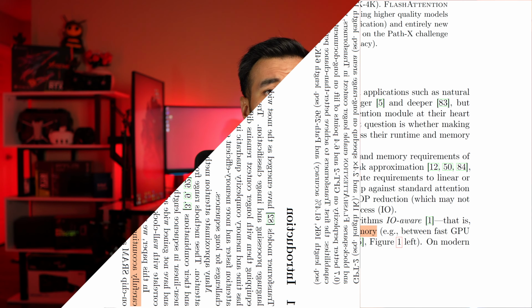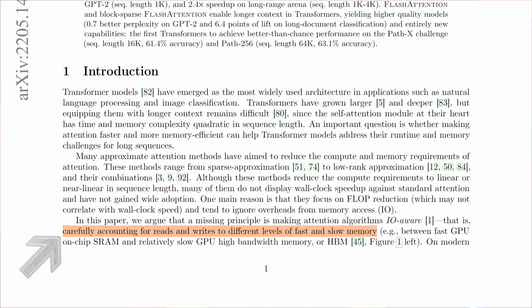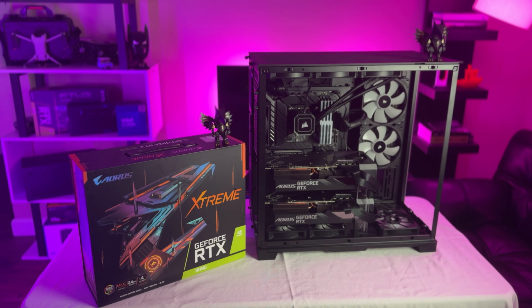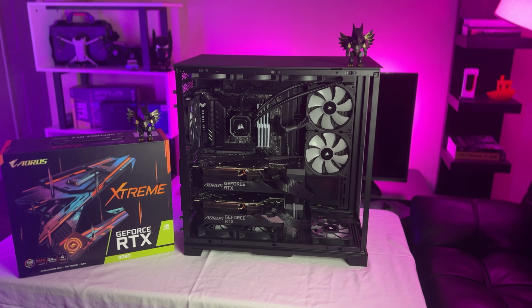The reason why this algorithm is so beautiful is because its inspiration wasn't from some elusive mathematical theory that only makes sense to a select few. Flash attention is an I/O-aware algorithm that is, quote, carefully accounting for reads and writes to different levels of fast and slow memory, end quote. It's a marriage between pure math with elegant proofs and the actual silicon that we can physically hold in our hands. It illustrates that algorithms can't just exist in a vacuum, but must also be influenced by the constraints of the hardware that enable them to run at a global scale.